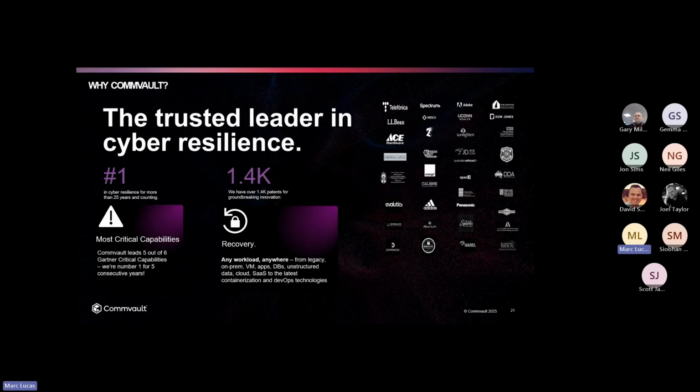And you can see there's obviously a lot of customers that we have there, and big logos, but it's not just customers outside of the UK. There's some fairly big customers that we have within the UK as well. I'm pretty sure that for each one of these, we've got case studies available as well.